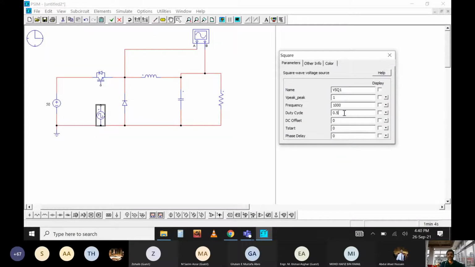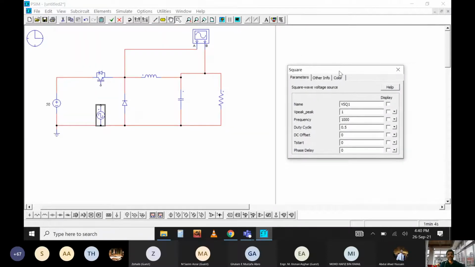So if you want to change the voltage, you can simply change this duty cycle. And for this kind of switching mode power supply, switching mode converter, it is always better to go for high frequency, because the filter elements will become less expensive and smaller in size. So it's better to always go for high frequency. Better to put it at 2 kilohertz, and the duty cycle is 0.5. So just for visibility. And now you have to design the filter circuit.